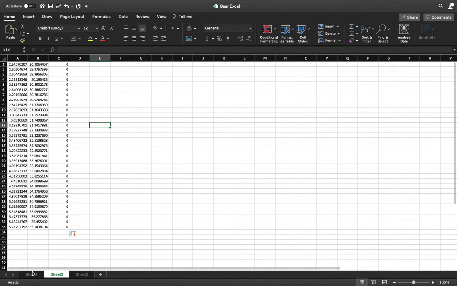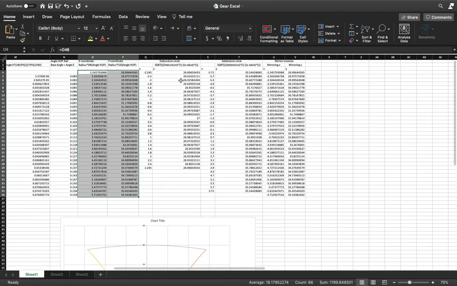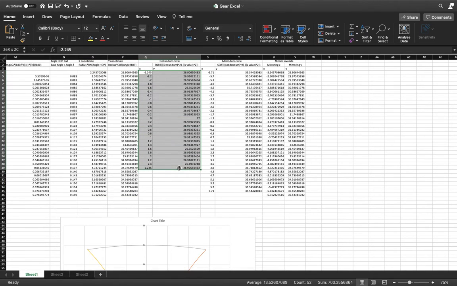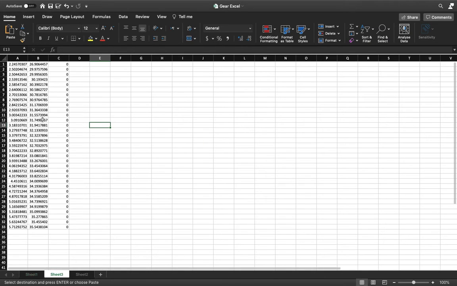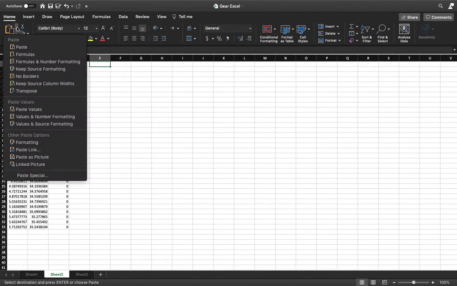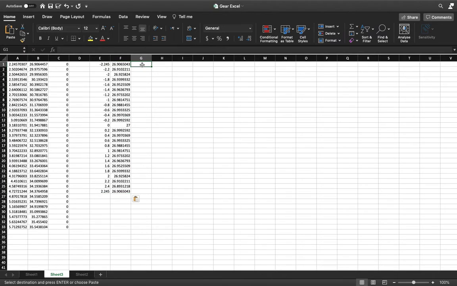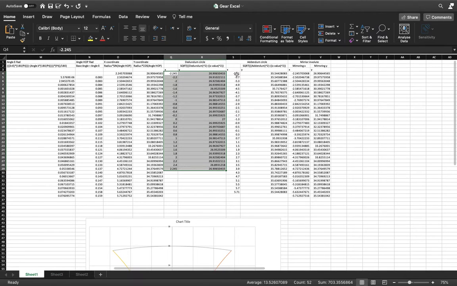This is curve number 1. We need 3 axes to make it drawable in SolidWorks. We copy the dedendum, paste the values, add the Z axis. Done. Now the addendum,